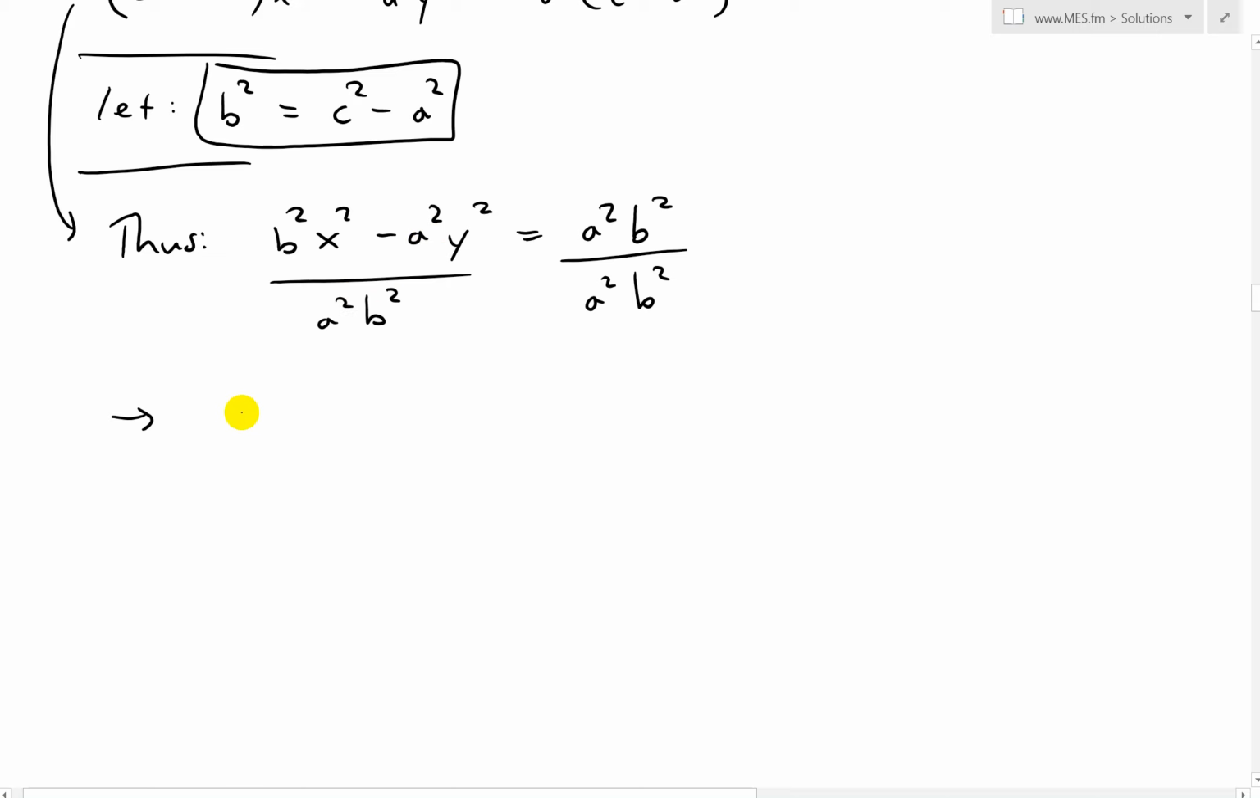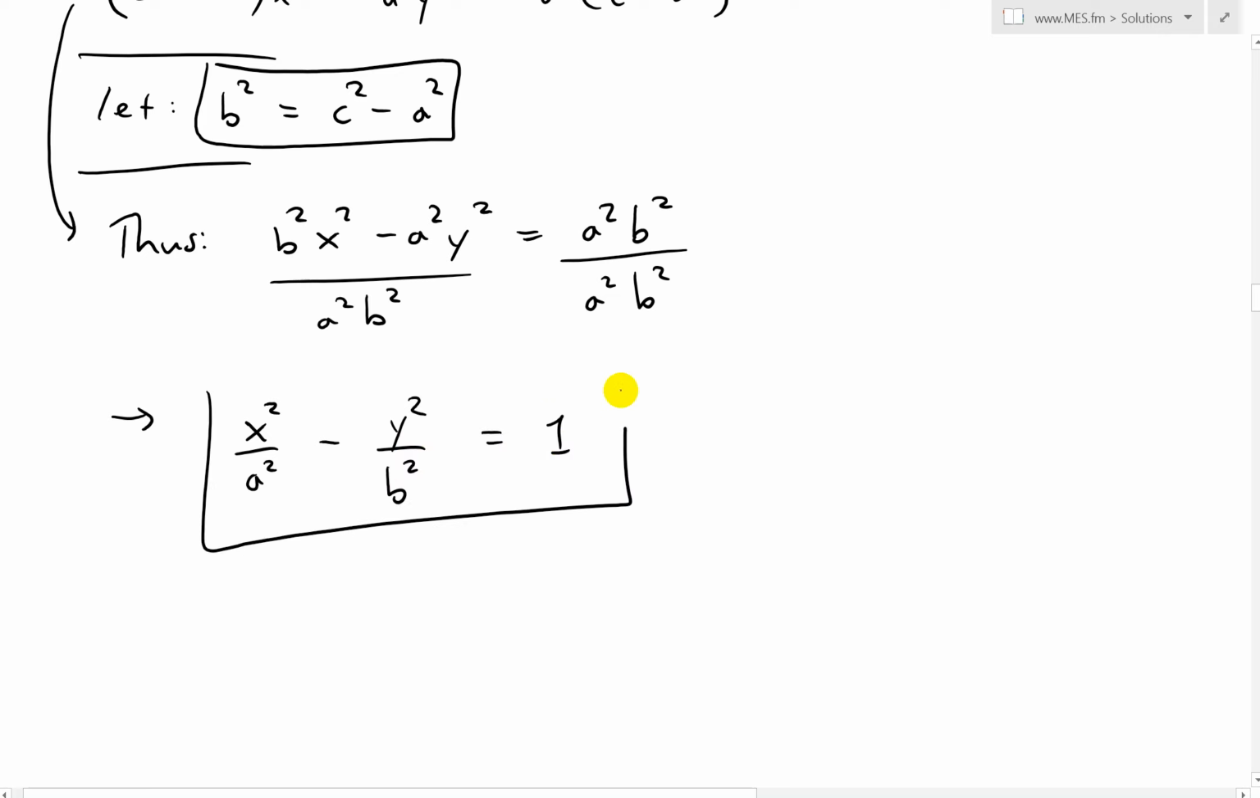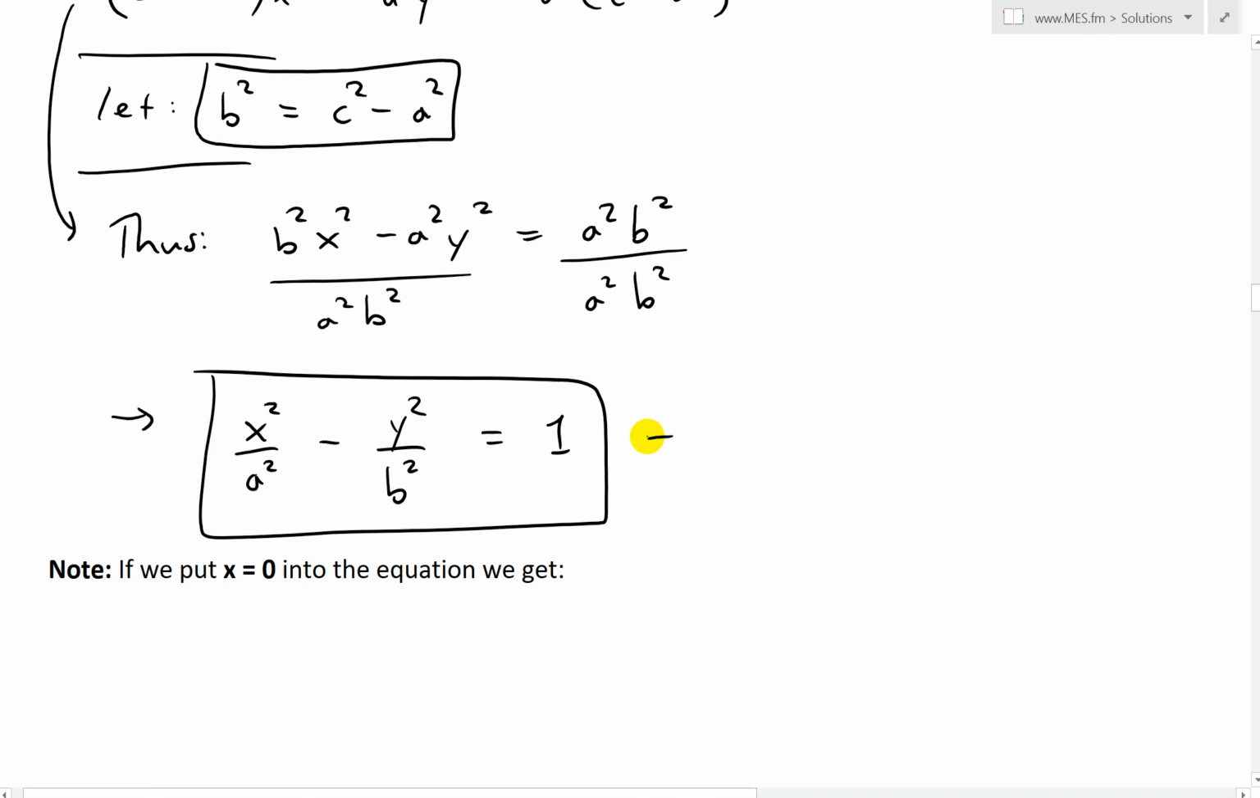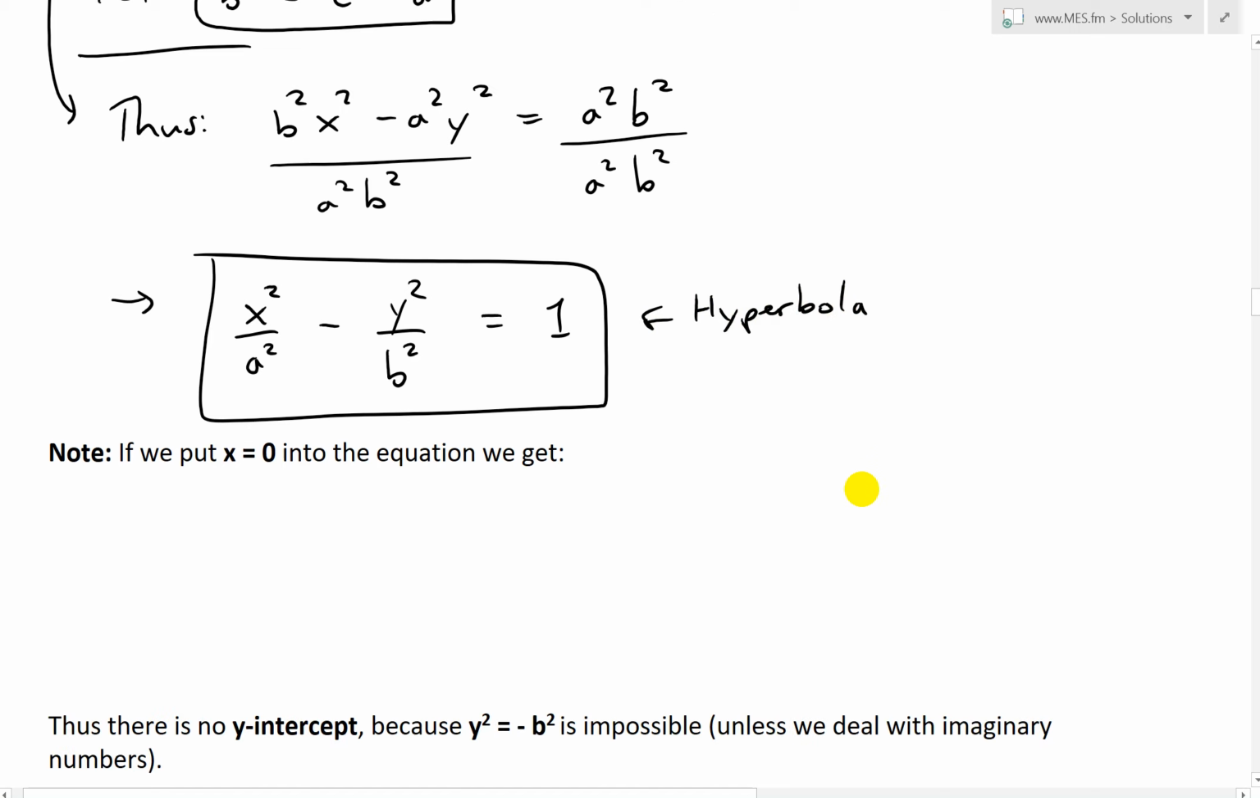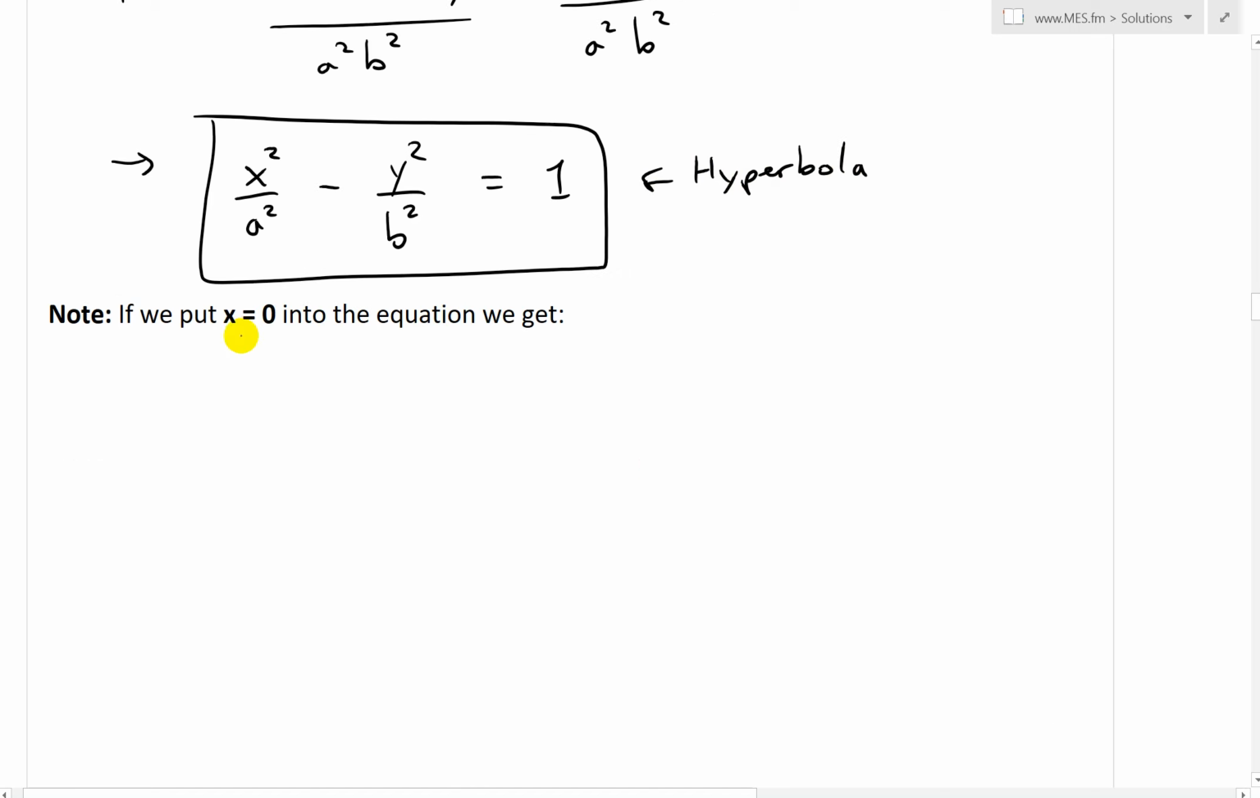So what we end up getting is x squared over a squared minus, then the a squared cancels there, y squared over b squared, and this all cancels, equals 1. There's our hyperbola. I'll just write this down as our hyperbola right there. So also note now, if we put x equals 0 into the equation, what we end up getting is